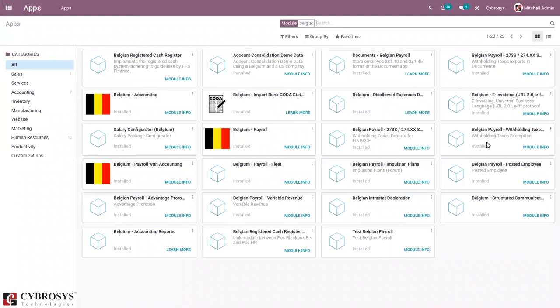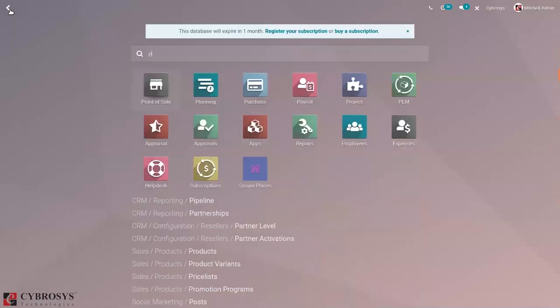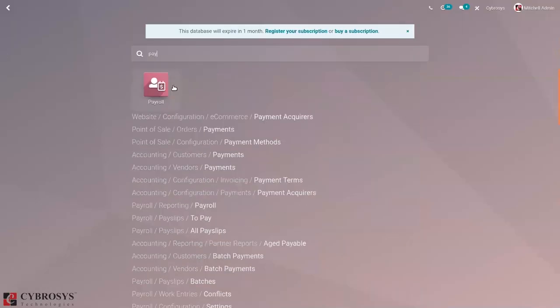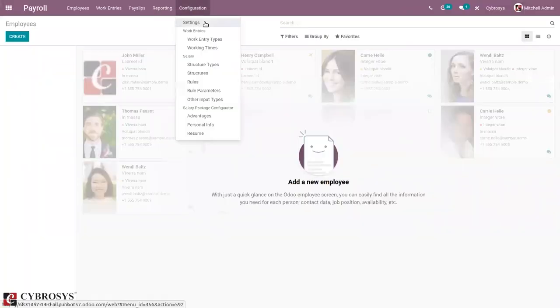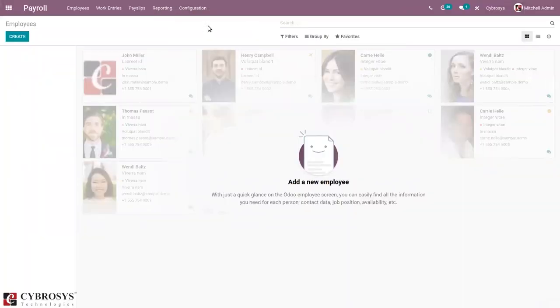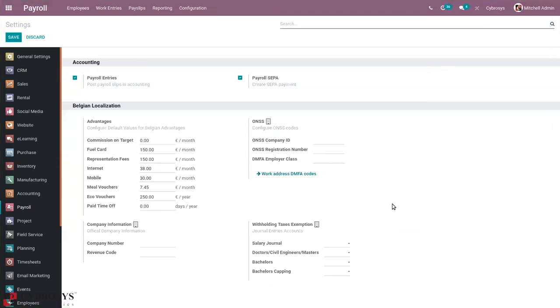Then you can see an additional module, Belgian payroll withholding tax exemption. When you install that and go to the payroll module and check the configuration settings, you can set data configuration related to withholding taxes exemption, that is journal and accounts.